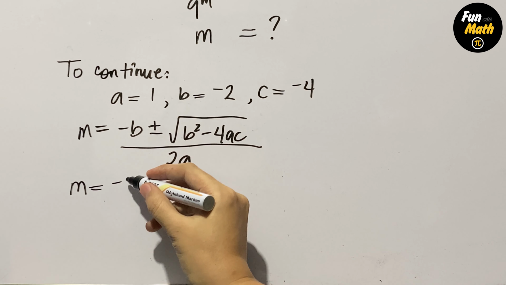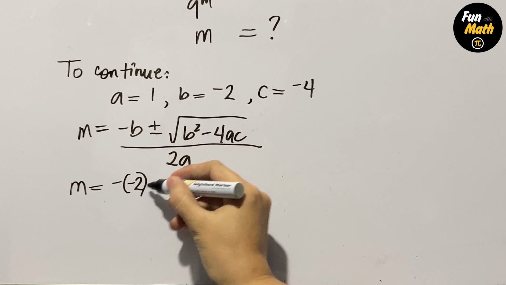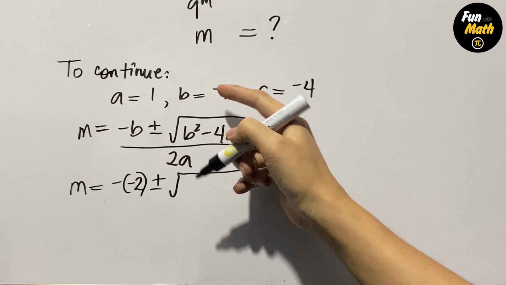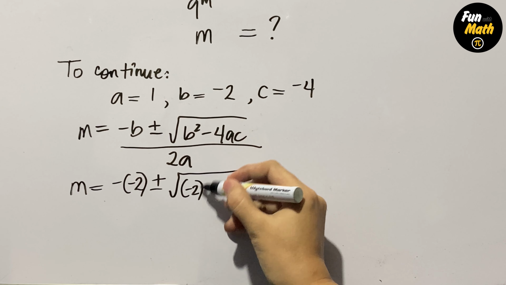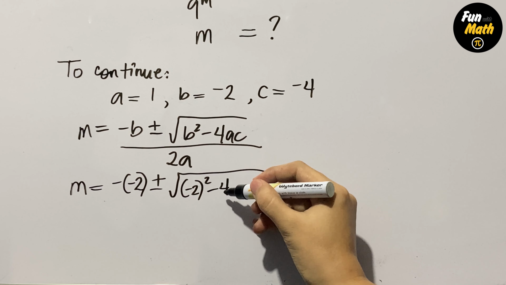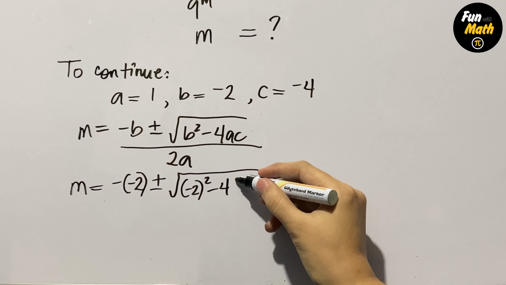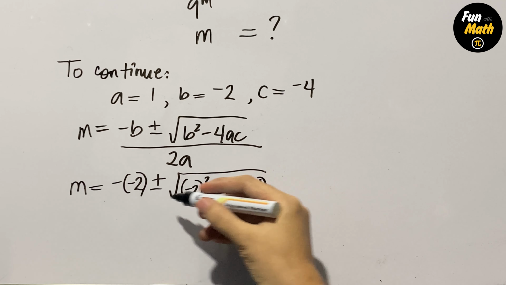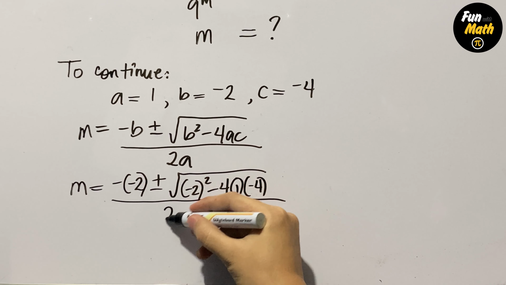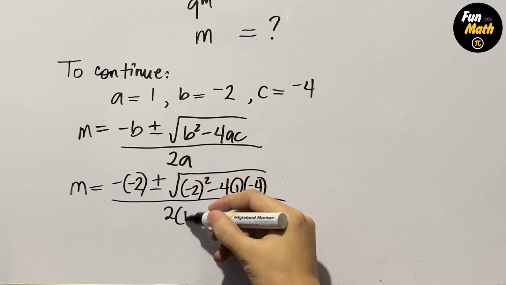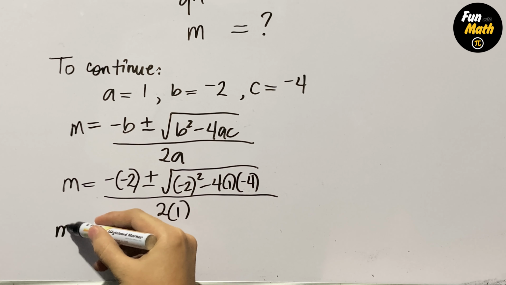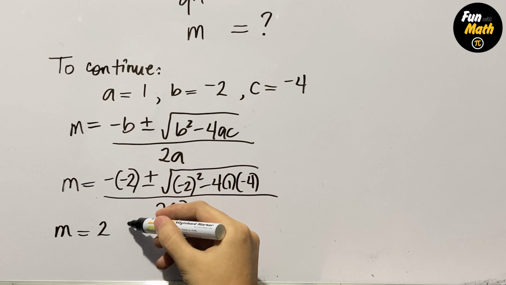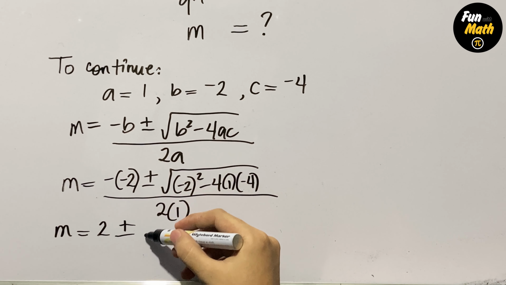So that is negative times -2, plus or minus the square root of b squared, that is -2 squared, minus 4 times a, that is 1, times c, that is -4, all over 2 times a, which is 1. And this is m is equal to negative times -2, that is +2, plus or minus the square root of